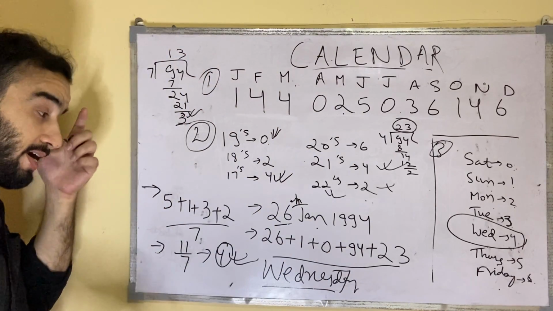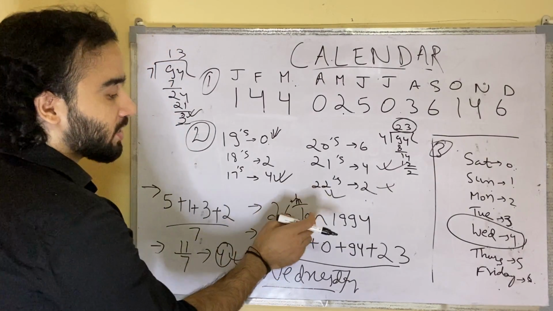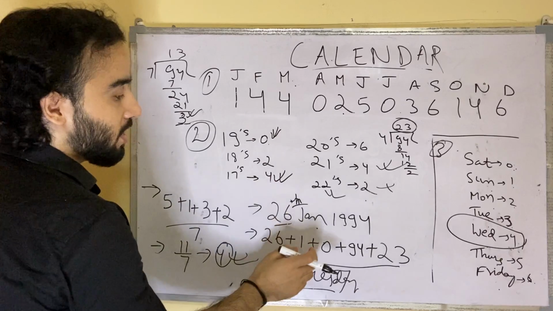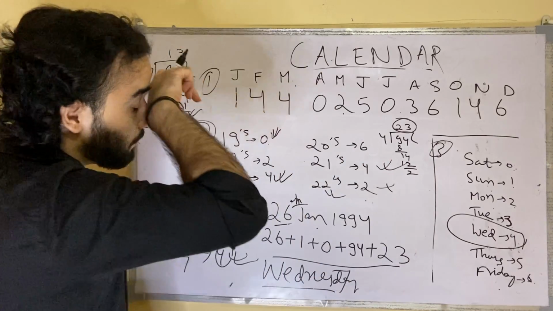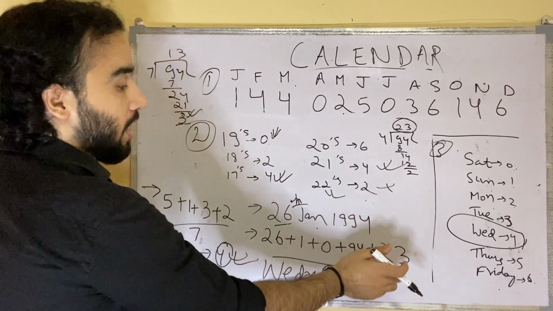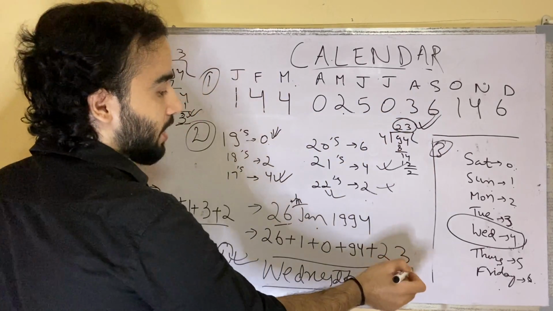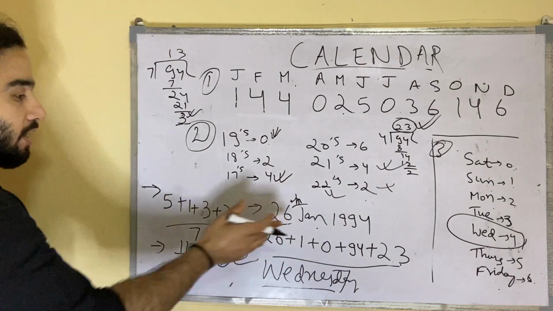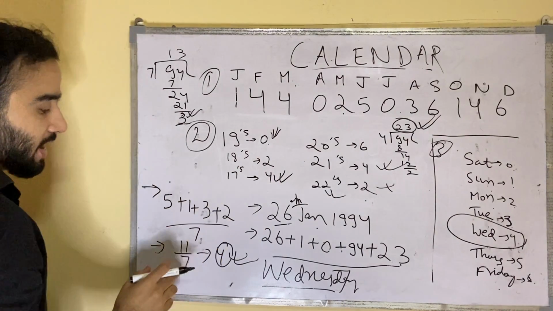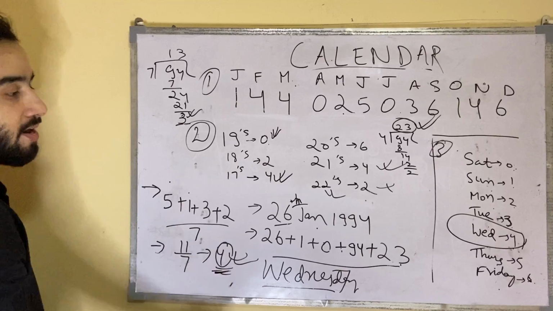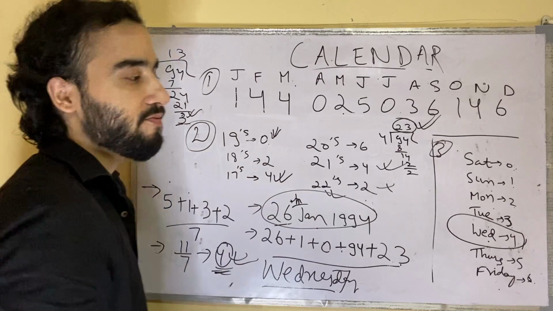You can check it on your calendar. You will get this. Okay, this was the method. What I did: I wrote 26 for the date, for January I saw the chart, so it's 1, and for the 1900s it's 0. For 94, I put it down, plus 23. How did I get 23? I divided 94 by 4. I divided each by 7 and took out the remainders: 5, 1, 3, 2. I added them and divided by 7 again. I got 4 as a remainder, and the value of 4 is Wednesday. And in this way I found that 26 January 1994 is Wednesday.